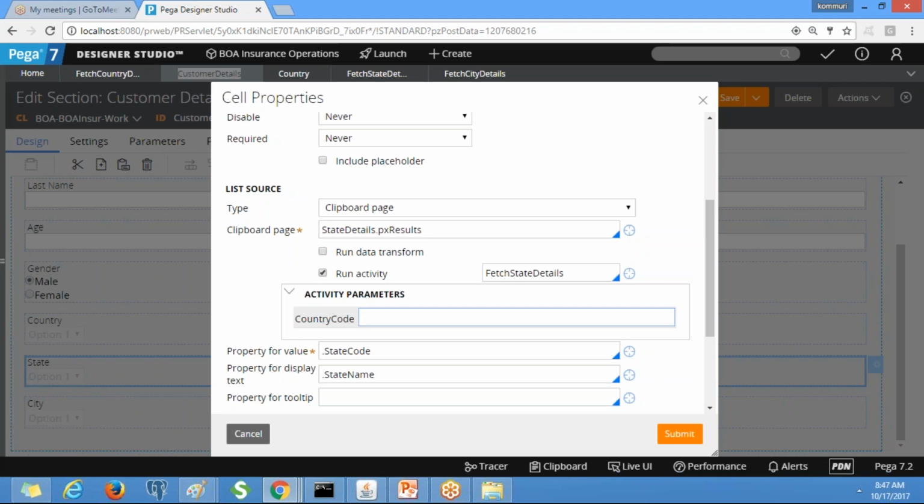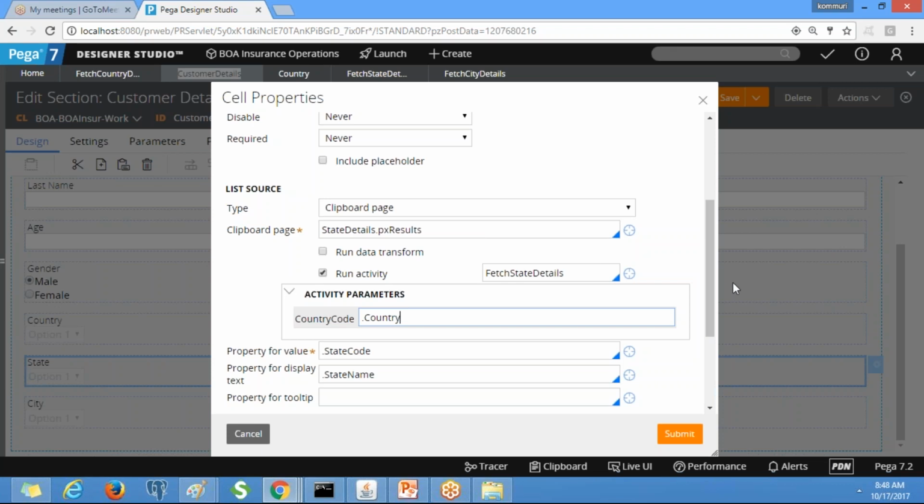Just give the country property. The country name is the value displayed to the end user, but the country code is the value stored in the backend, and that value will be passed here.